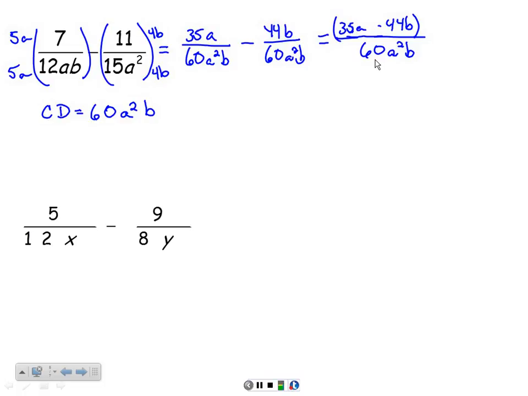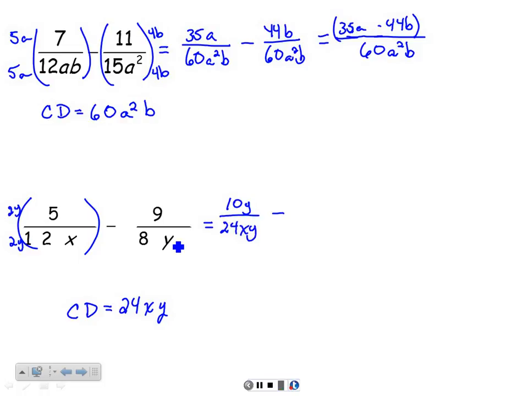Alright, on the bottom, let's try the common denominator again. Between 12 and 8, the smallest number that both 12 and 8 will go into is 24. And then remember, I need an x, because I see one here, and I need a y, because I see one here. So that's going to be your common denominator. So to make 12x go to 24xy, I'm going to multiply by 2y on top and bottom. So I'm going to get 10y over